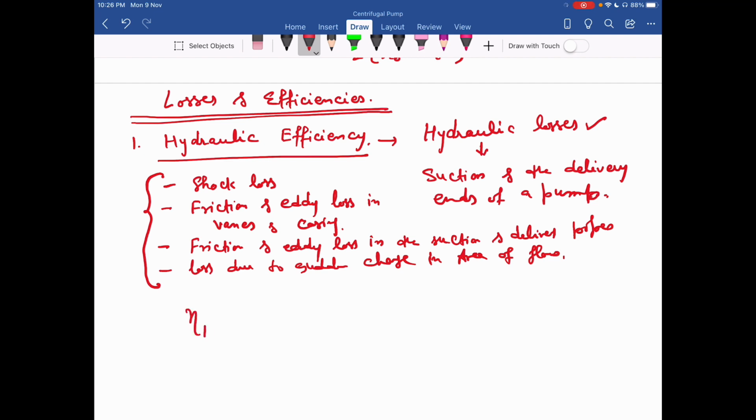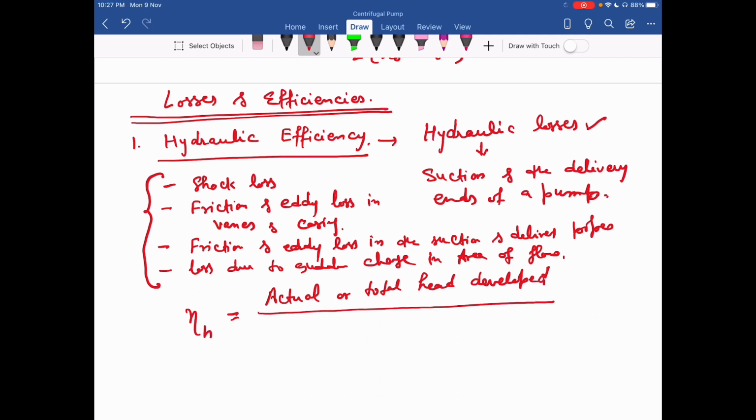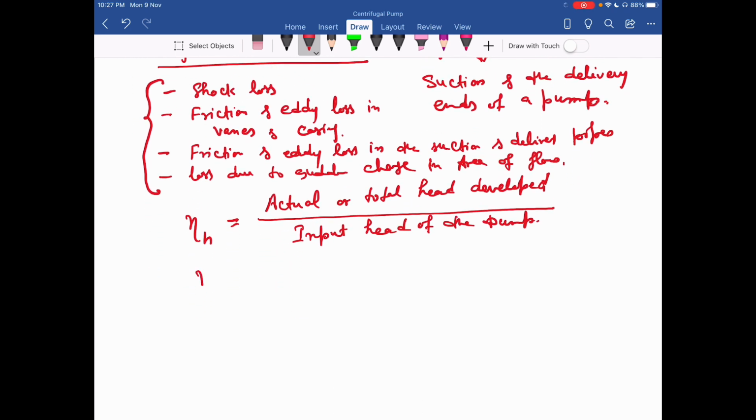So hydraulic efficiency, eta H, is defined as the ratio of actual or total head developed divided by the input head of the pump. So you can say it is the ratio of actual or total head developed and the input head of the pump. So eta H for finite number of vanes, you can write it as H divided by HE dash, or this becomes equal to gH upon